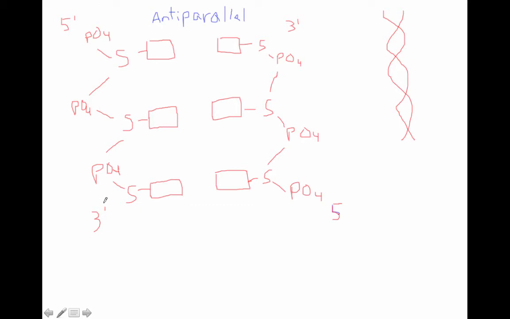One strand is written in 5' to 3' direction. The other strand that forms the DNA double helix is written in the reverse orientation. 3' at the top, 5' at the bottom. That's all that means. Okay, so now let's go back to how these nitrogen bases on the nucleotides form hydrogen